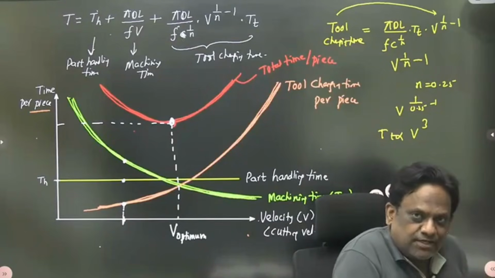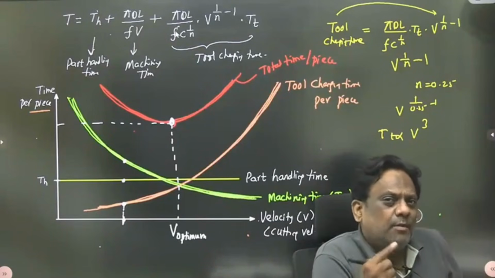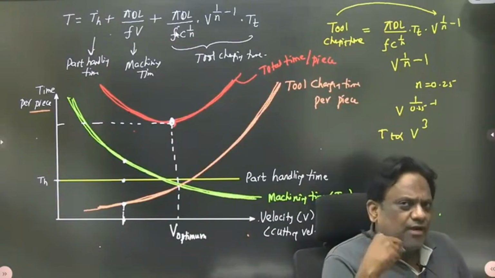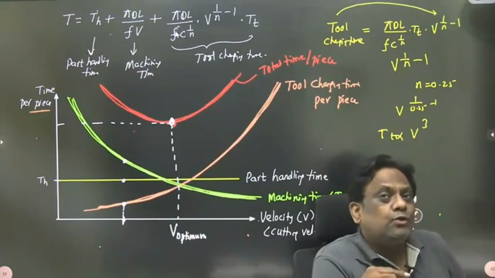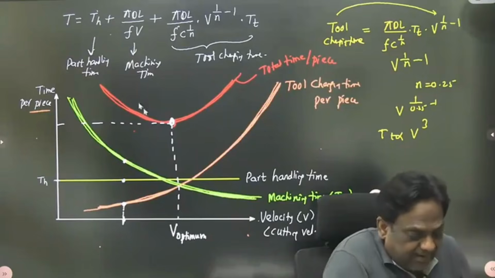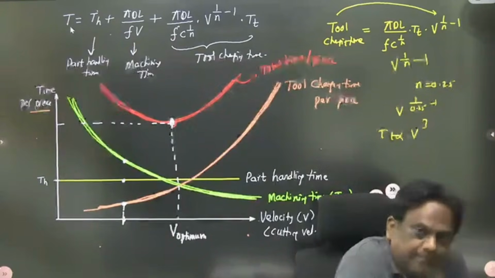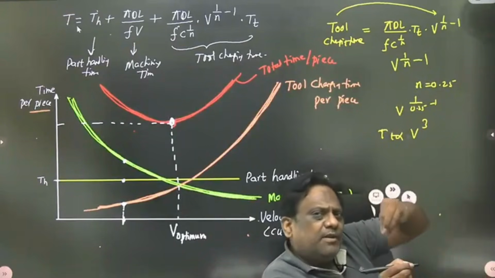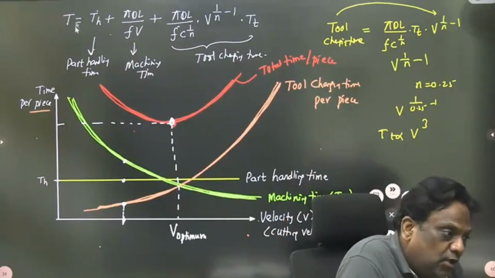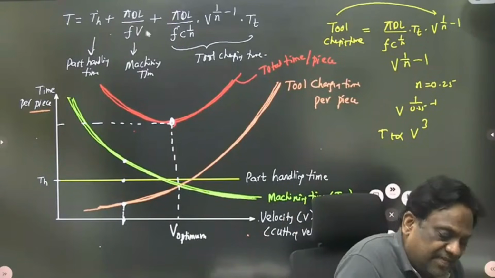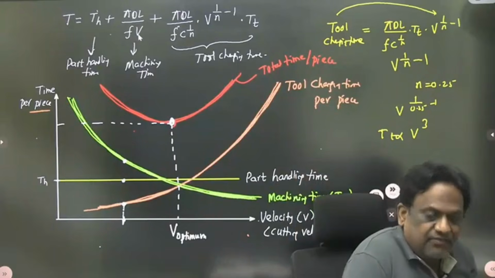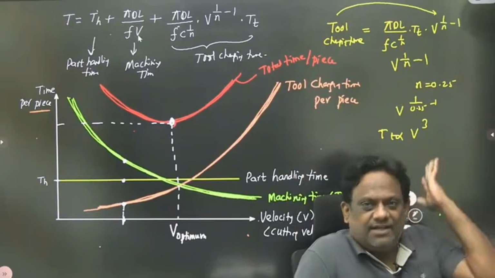This time is changing with velocity. Whenever you want maximum or minimum, you differentiate with variable and equate it to 0. आप क्या करेंगे? वेरिएबल से डिफरेंशिएट करके उसको 0 करेंगे, तो आपको क्या आएगा? मिनिमम. एक्चुअली यू वांट मिनिमम टाइम. I want the time minimum. If I want the time minimum, you differentiate this time with respect to the variable, velocity. All other parameters are constant. You differentiate the time with variable and equate it to 0, you'll get the condition.